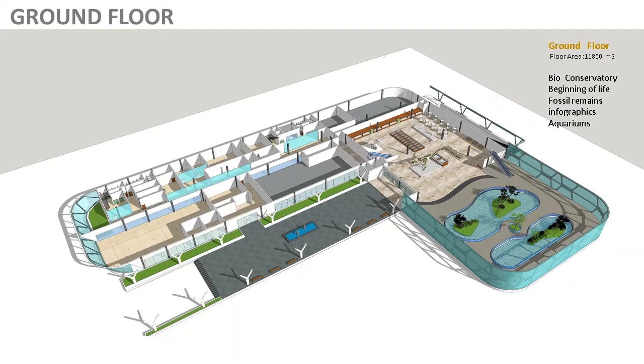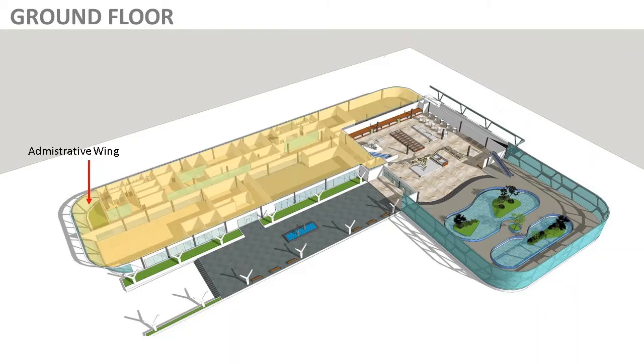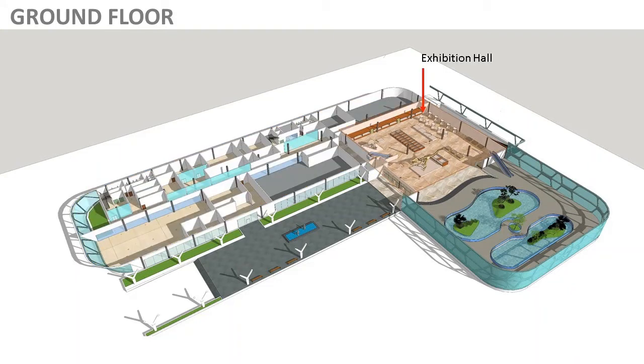Ground floor. Here we have an isometric view of the ground floor, and the ground floor is divided into 2 areas. One area will be the administrative wing, where all the administration work and the office spaces for the workers will be given, and the other area is the exhibition hall. This is where the exhibition will be happening in the ground floor,